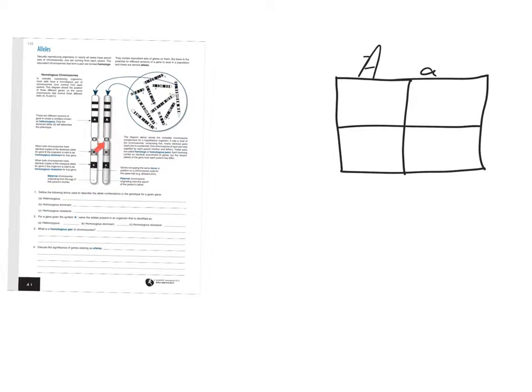When crossing over occurs, and we've gone over it, there's a whole video on it, I've already posted it, we've gone over it in class, you've done work with it. If you don't understand it, you need to come for tutoring. But crossing over happens, you mix these up, so now instead of just 2 versions, you'll have 4 possible versions